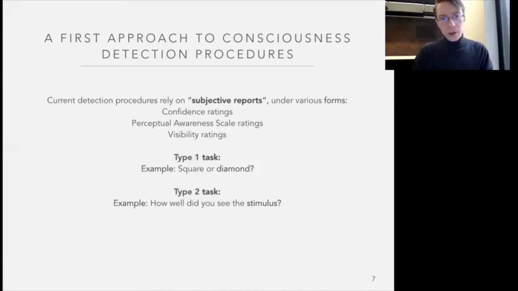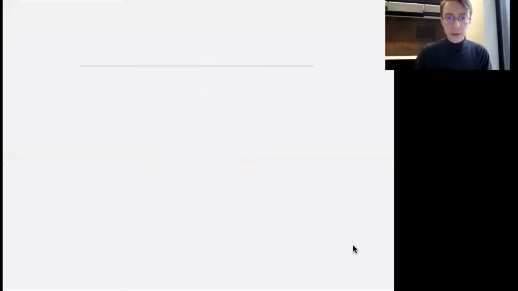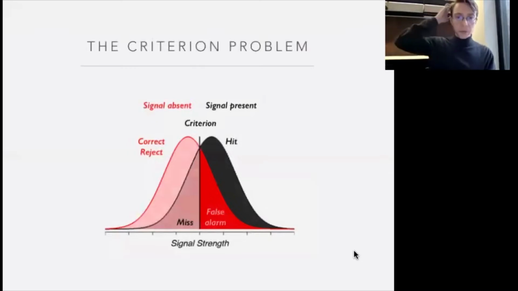Now, what consciousness scientists generally do, it's a bit more complicated than that, but the basic idea is that you're going to conclude that there's unconscious perception when people can do the type 1 task above chance, which indicates that they see the stimulus, and their performance on the type 2 task is at chance, or they say that they don't see the stimulus. Okay, so if you have evidence that I see something, but I report not seeing it, then that means that I unconsciously perceive it. That's the basic idea.